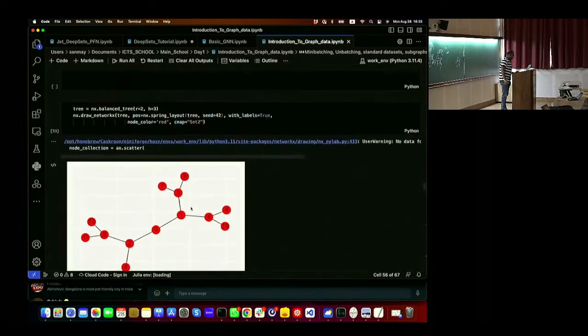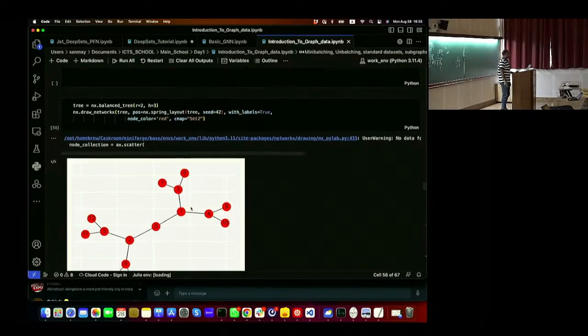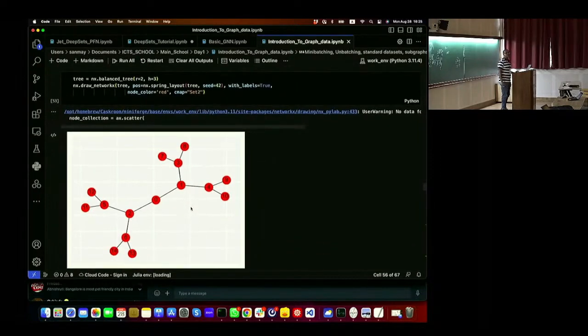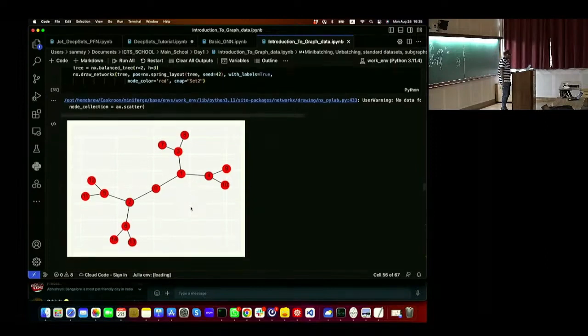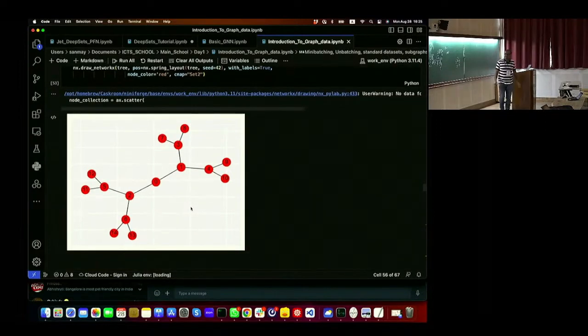Again, we try to use an example. Instead of a graph, this is a structure which is called a tree. But for this discussion, there is no need to distinguish the core differences between a graph and a tree. This is just called a tree, where you keep the structure in mind that, oops,